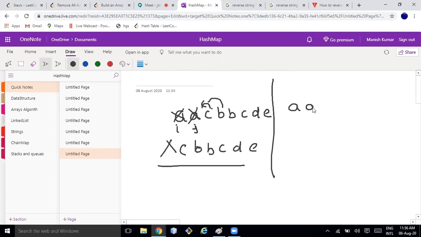A, C, B, B, C, D, E. Now I'm a bit experienced. So I know if I am removing something from an array, I should always perform it from the right hand side. If you are attending my class from the beginning, then you must have this understanding, right? Yes.